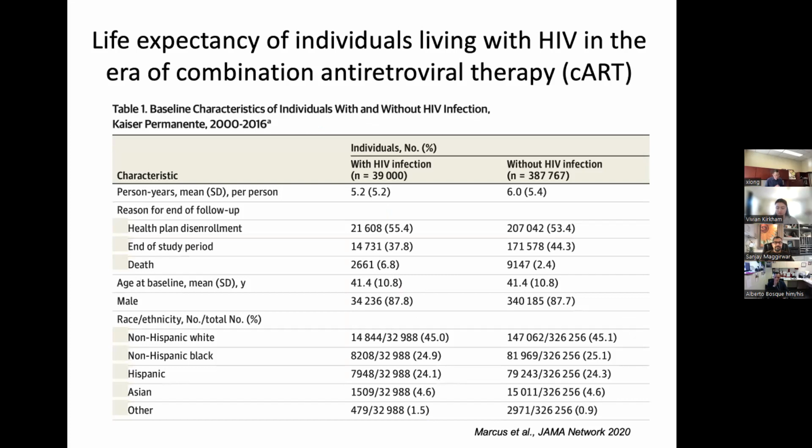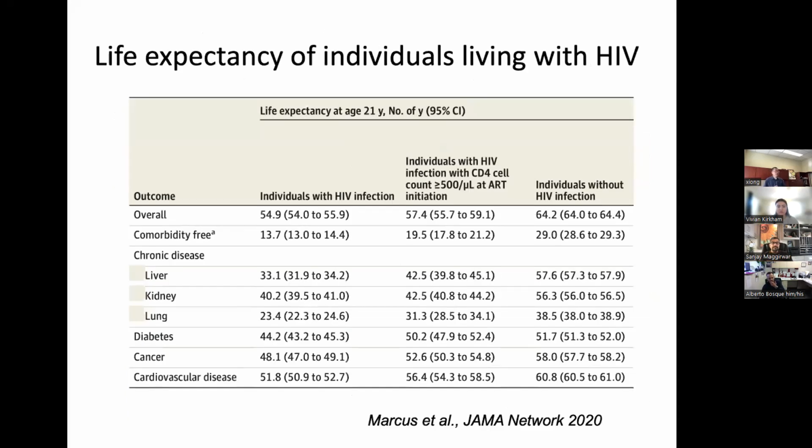Thanks to medical advances, especially antiretroviral treatment, the life expectancy of people living with HIV disease is approaching that of the general population. This is a large study done by Kaiser Permanente, just published 2 years ago. They looked at all the patients in the Kaiser Permanente system, so it's a large sample size. What is found here is that overall